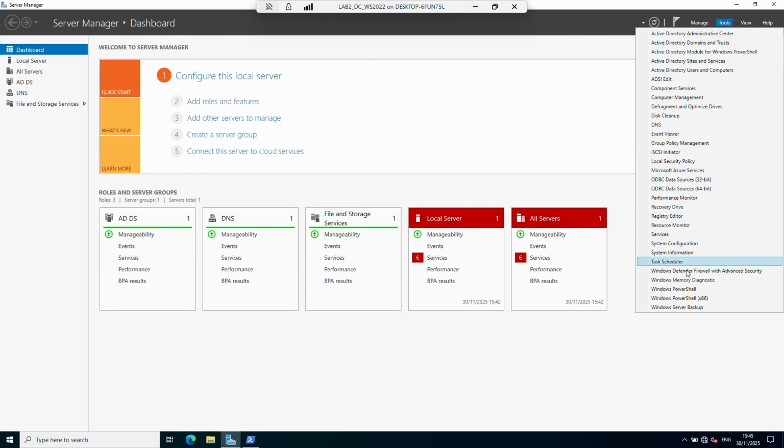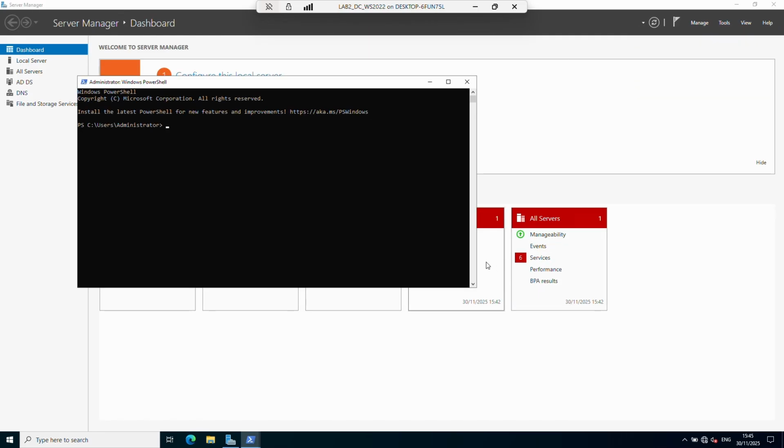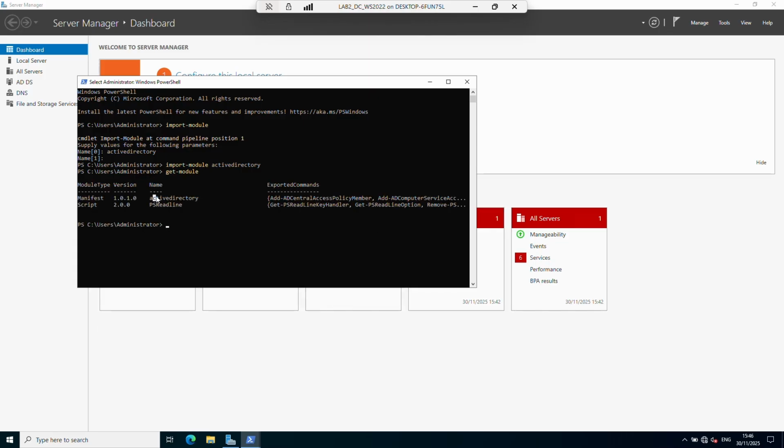Another command, I'm going to open another window here, is Import-Module. Now I have imported the Active Directory module on this PowerShell session. The module should be installed prior to being imported. So it is something like I have it installed, but I cannot use it if I'm not importing it in the session. Okay. I can also check the modules that were installed on my machine